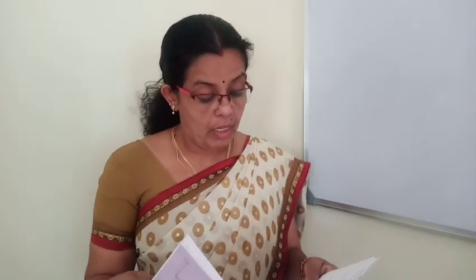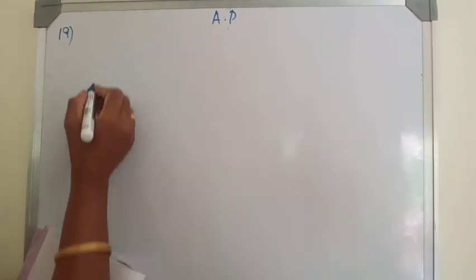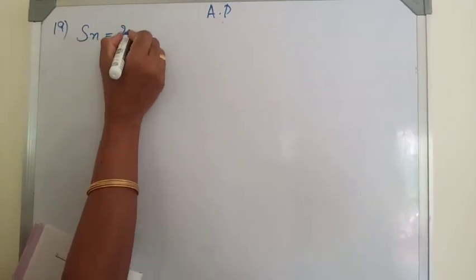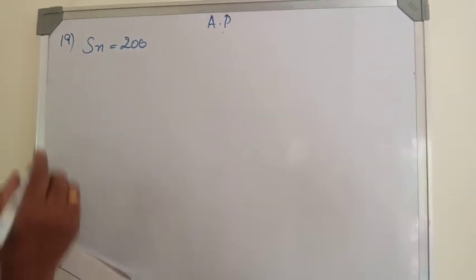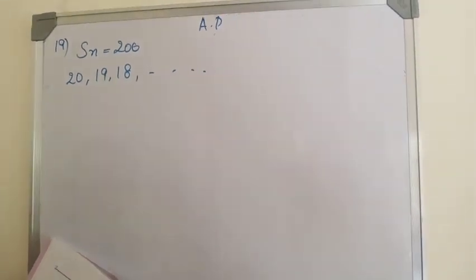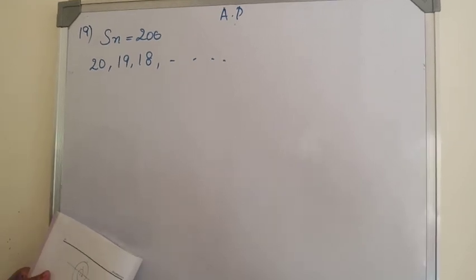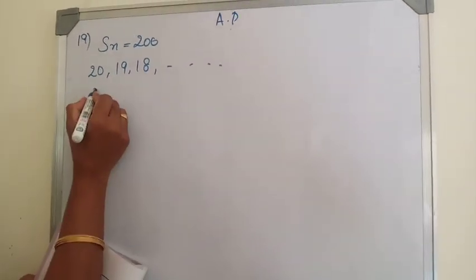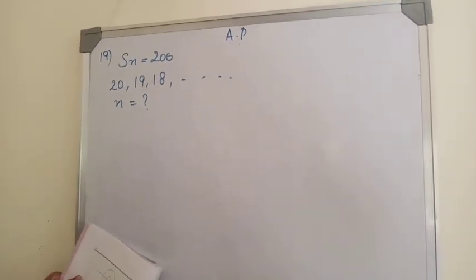Now look at the diagram in your textbook. These wooden pieces are arranged row wise. So there are totally 200 wooden pieces arranged. So total is Sn. 20 logs in the bottom row, so that is considered as the first term. 20, then 19, then 18, etc. So the question is, in how many rows are the 200 logs placed? How many lines is it arranged? So we have to find out n. And how many logs are there in the top row?